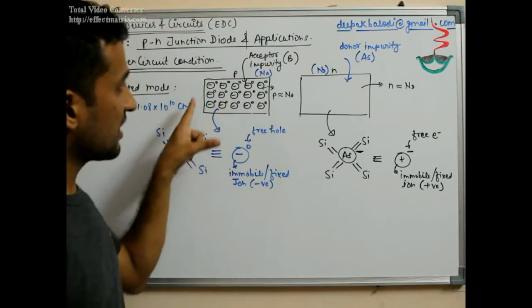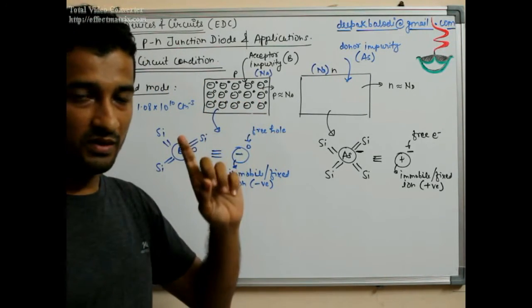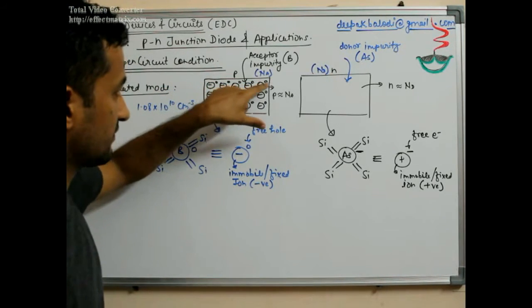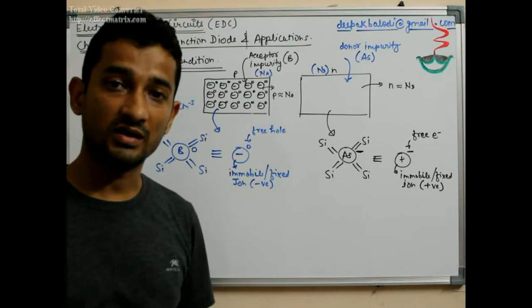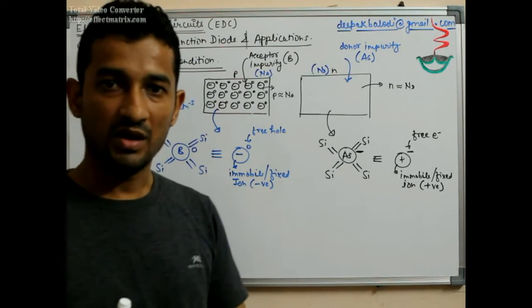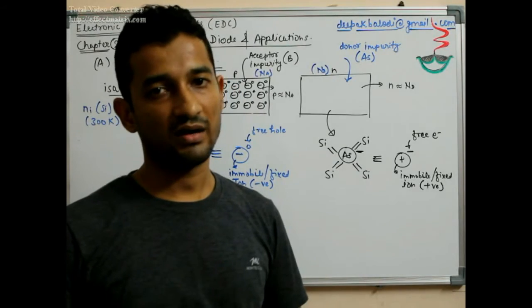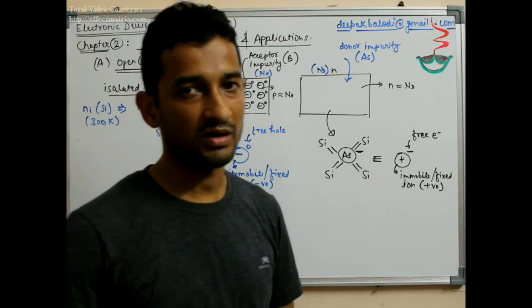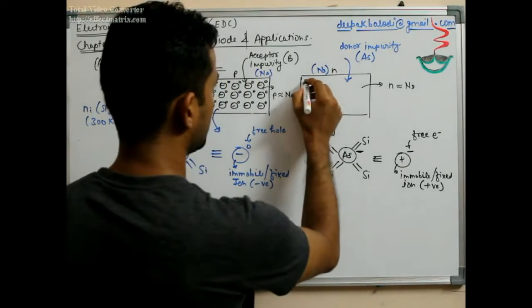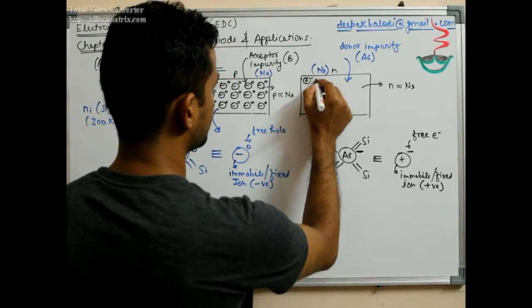But out of this scenario, we should remember one thing, that our focus is the free carrier, because they can only contribute in conduction. The remaining ion can only contribute in creating some space charged region or creating some electric field, but they cannot contribute in conduction for sure. So similarly, if I draw this scenario here, this scenario would be